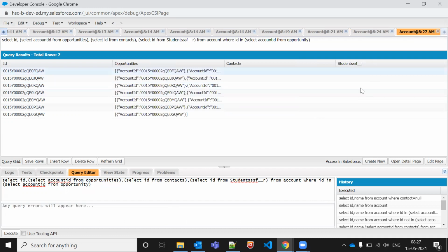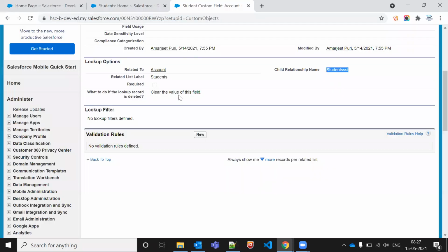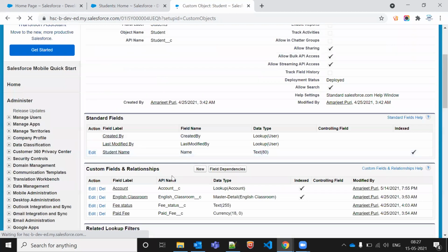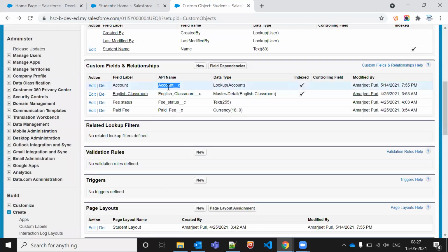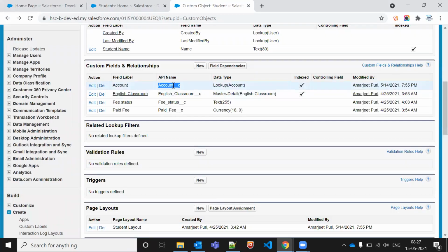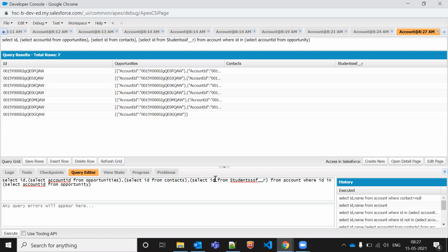Okay, so now it is working. If I write __c, you will go there and finally you will think it's account only, so we can fetch it. No, you can't fetch anything that way. If you want to fetch like this, that is a different thing. Okay, so you can fetch like this.